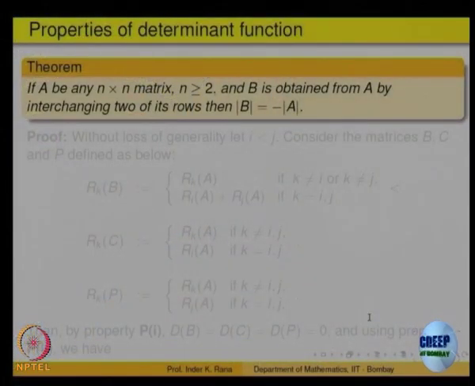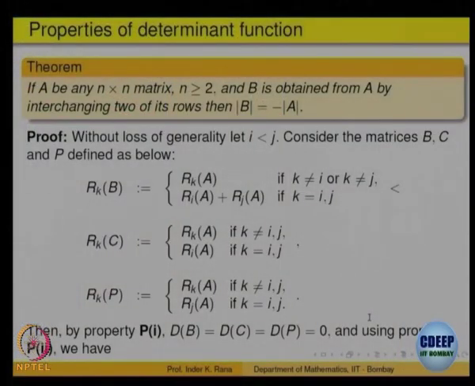So, these three properties. Let us look at the first one. If A is an n cross n matrix, of course order bigger than 1, for 1 there is nothing to prove, and if we interchange two rows of the matrix, you will get a new matrix. The claim is that the determinant of this new matrix is minus the determinant of the original. You must have used this property for determinants left and right. What we are going to do is show that this property is a consequence of those three properties. So, let us see how.